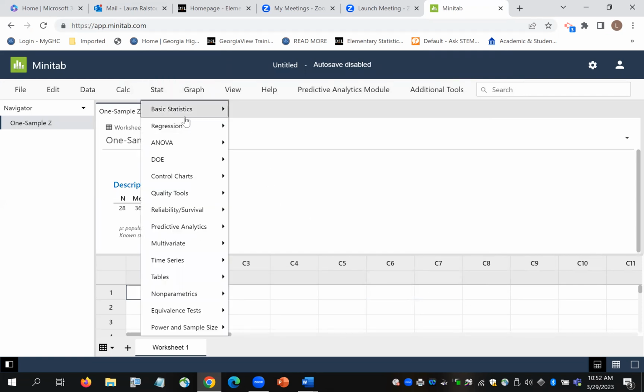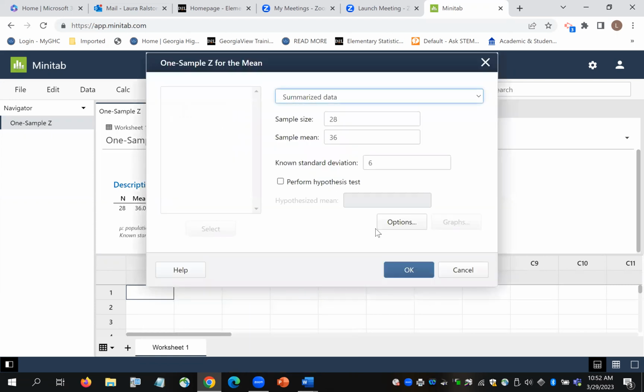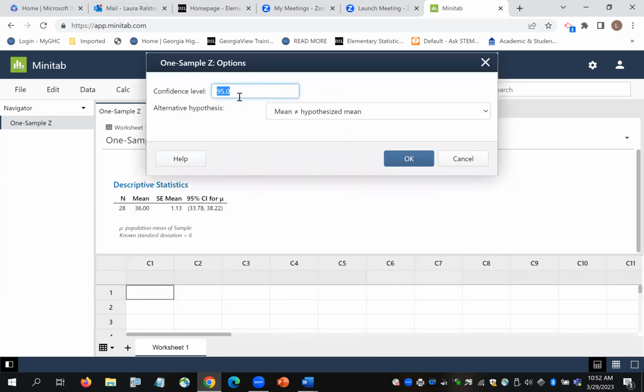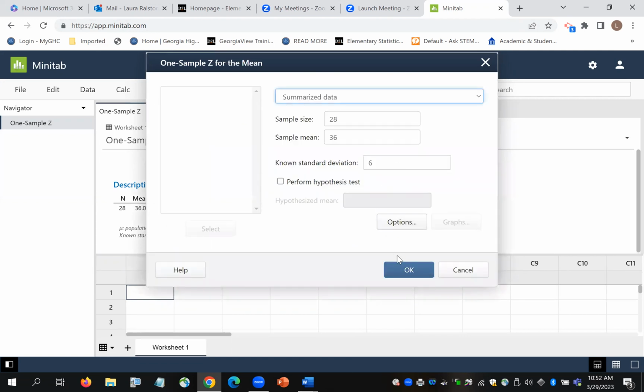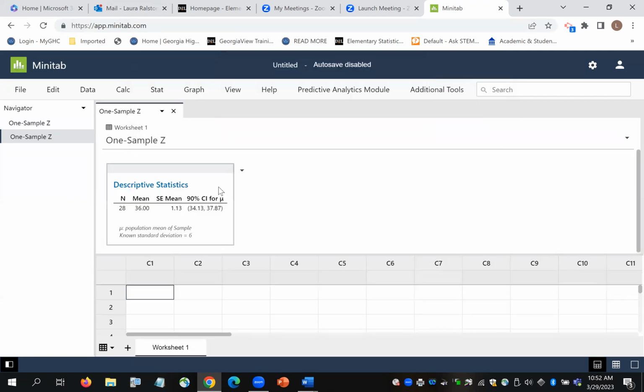Did it before I wanted it to. It's a 90% confidence interval, so make sure you change that. And it always defaults to not equal, which is what we need. Then I click OK. And I get